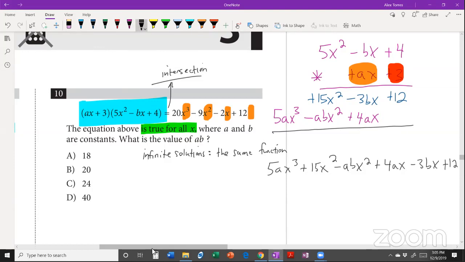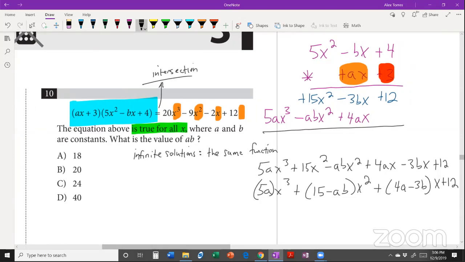So you should have the instinct to take something like this and write it the way I'm writing now. 5ax squared, actually I'll put the parentheses like this, 5ax squared plus 15 minus ab x squared. So the mistake is that this should be x cubed, and I always do that, just so you know. 5ax cubed plus 15 minus abx squared plus 4a minus 3b x